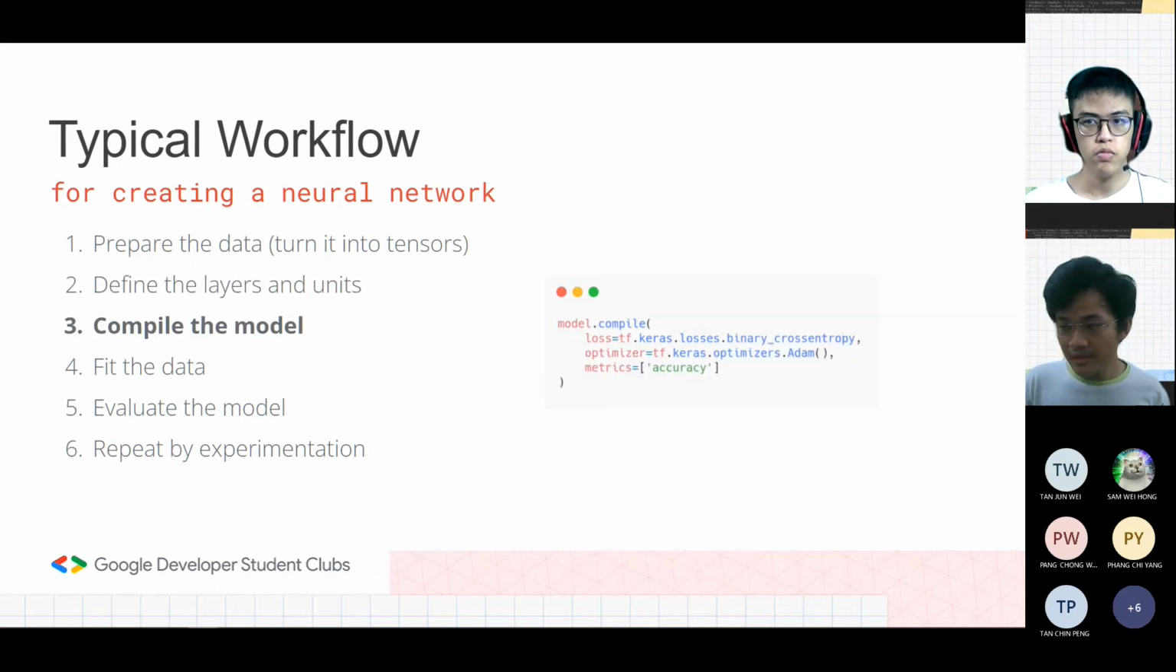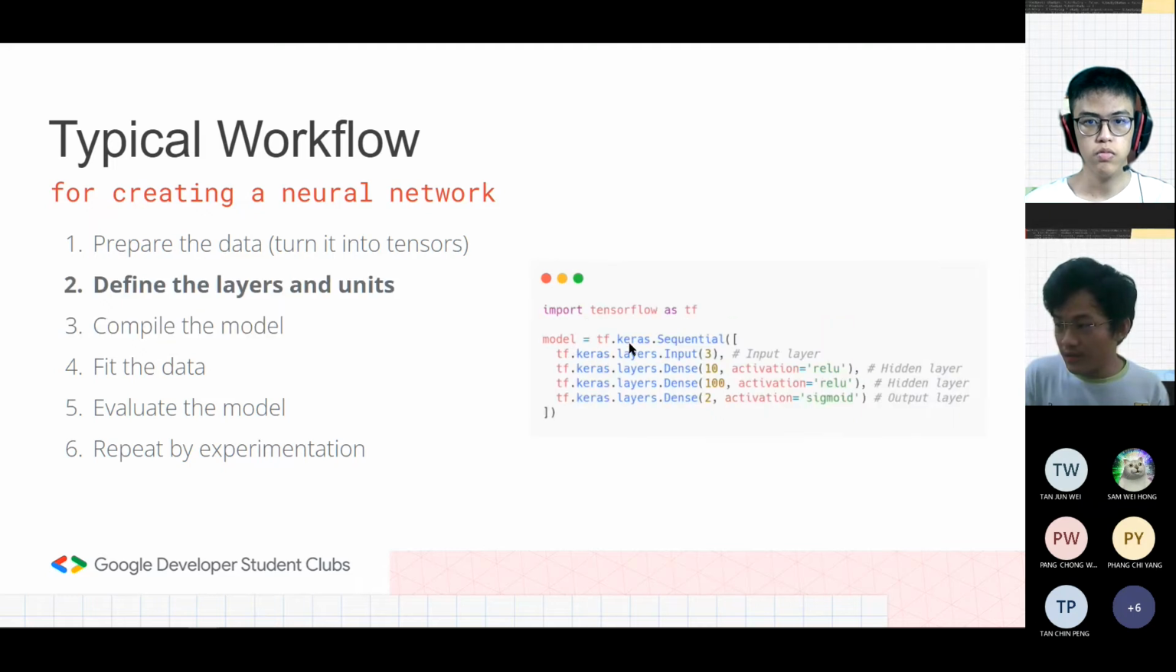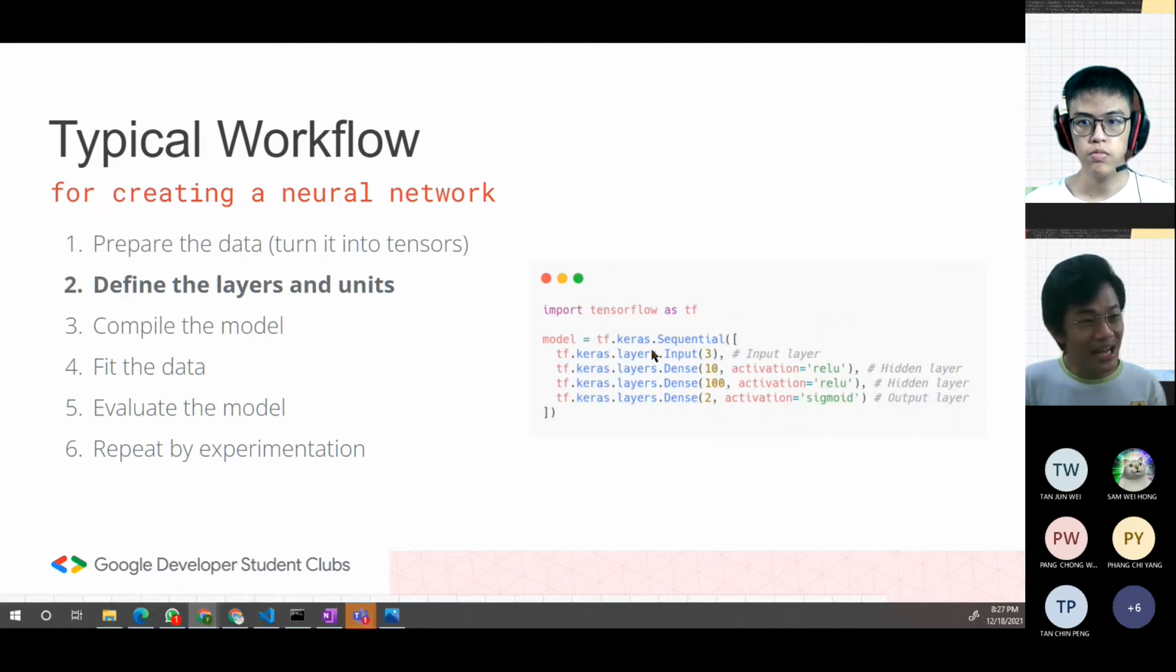And then the third one is compiling the model, okay? If you learn computer science, compilation is that you have a very high level code, right? For example, that you see here, in just a few lines, you are able to,